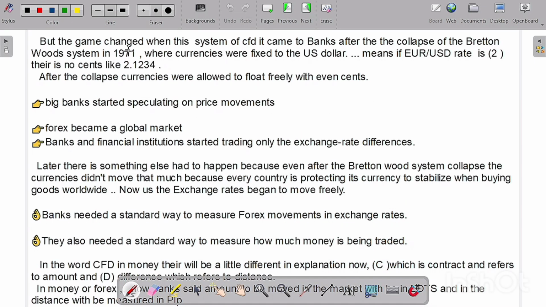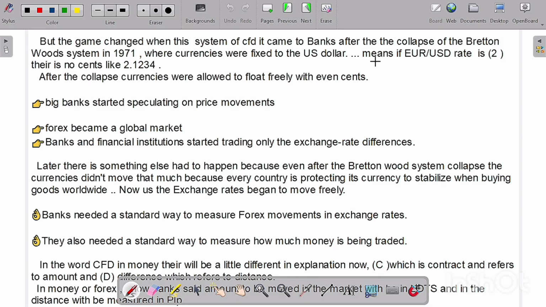But the game changed when the system of CFD came to banks after the collapse of the Bretton Woods system in 1971. Take this into your mind. This is where the game of CFD changed. The game changed when the banks took this system after the Bretton Woods system collapsed in 1971, where currencies were